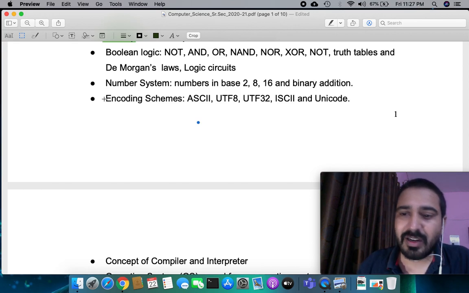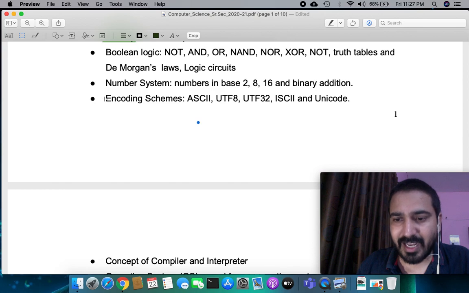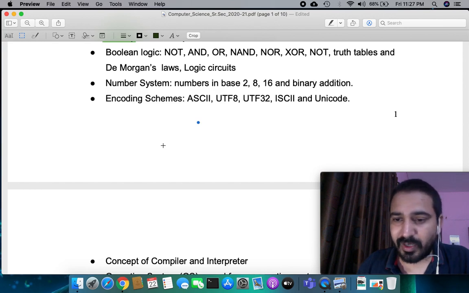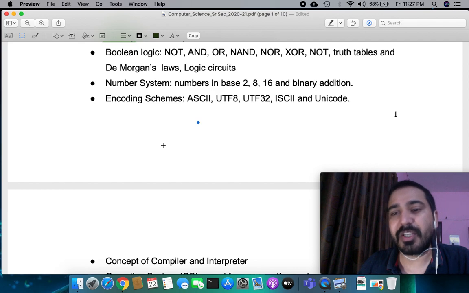Similarly, when we write any language, when we create any word, or in Hindi when we create any lipi, this is the lipi for the computer. So when we create any lipi for the computer, we do a specific encoding, and we share those encoding rules with every machine manufacturer.